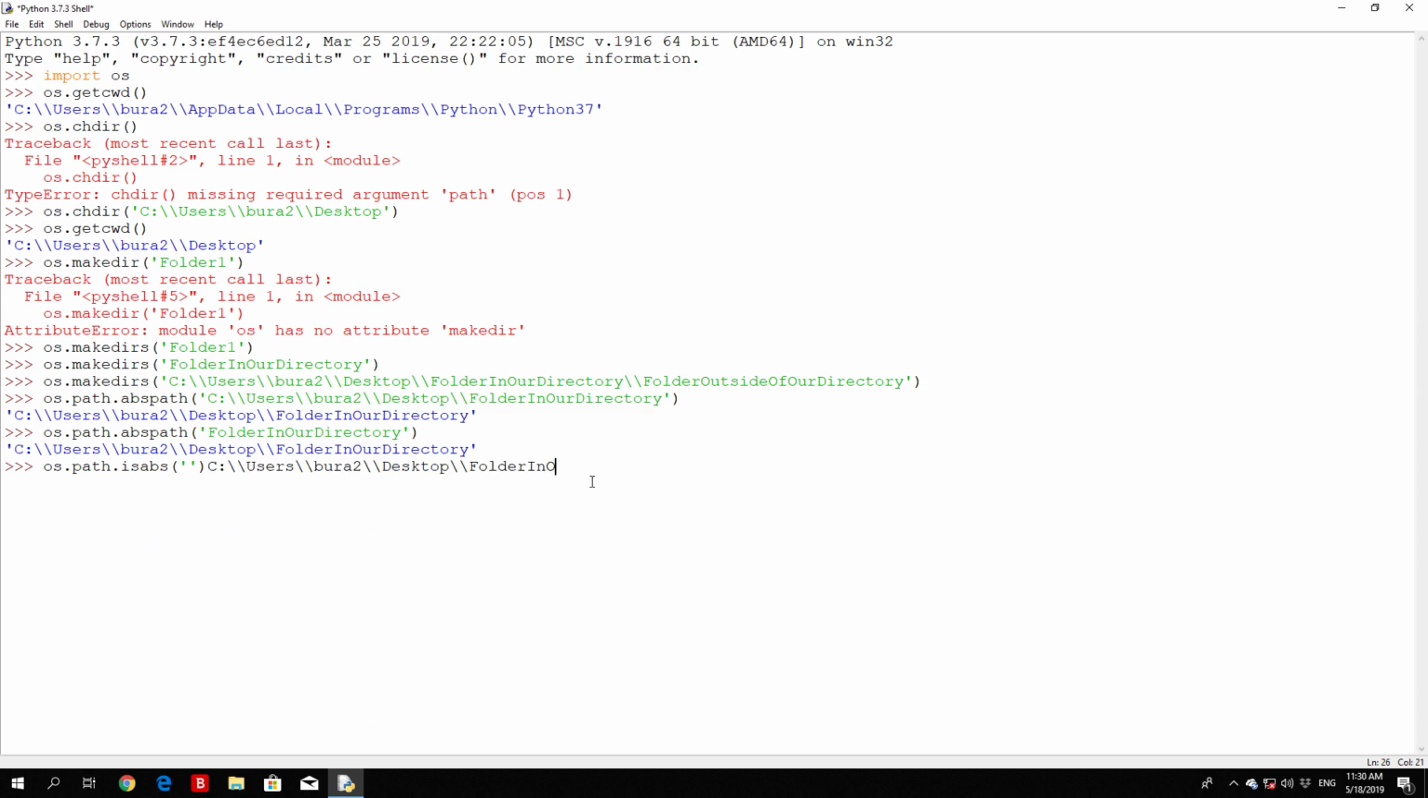Oops, not there. We need to paste it in between the brackets, right here. Okay, I managed to paste it at the right spot. Press enter, and you can see that it retrieves a value of true, which means that this is an actual full path, or absolute path, however you want to call it,